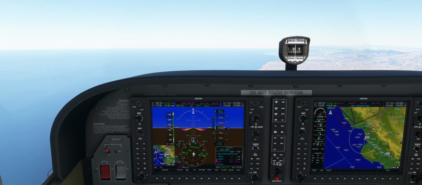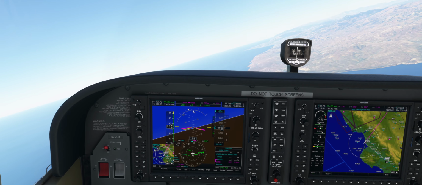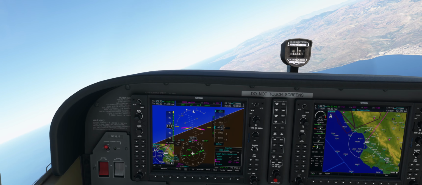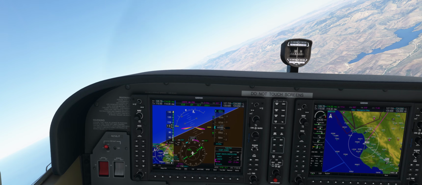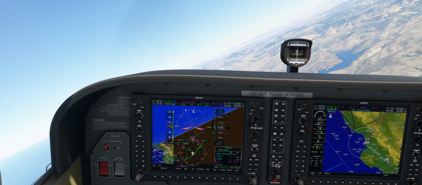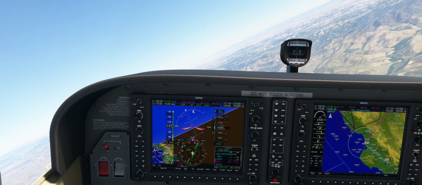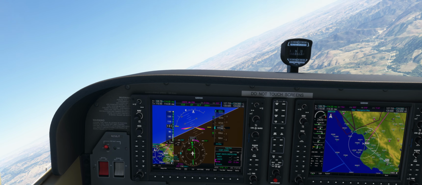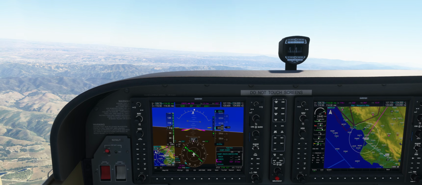As expected, when we change our active nav frequency to Paso Robles, the G1000 reverts to roll mode until we re-engage the nav mode. Looking further at the CDI needle, the outer arrow and the inner arrow are pointing in the same direction, which means to the station, as expected. What we're going to do right now is just monitor the autopilot, making sure it's tracking the inbound